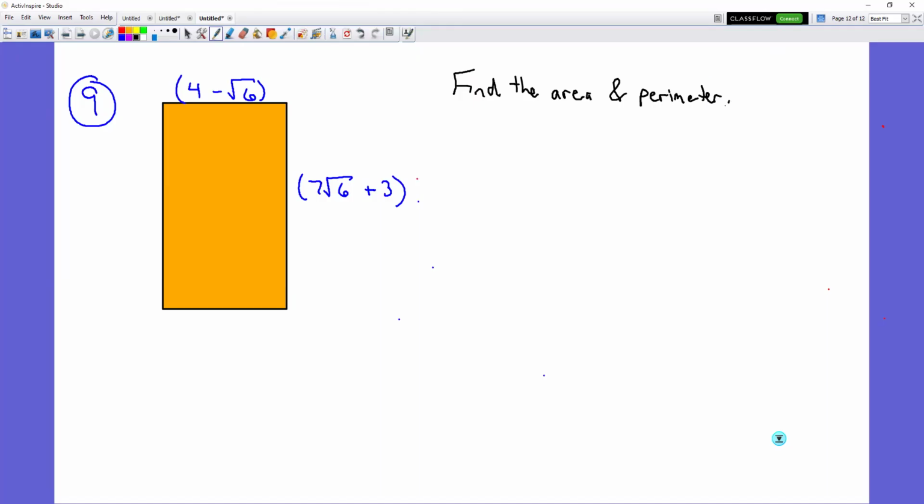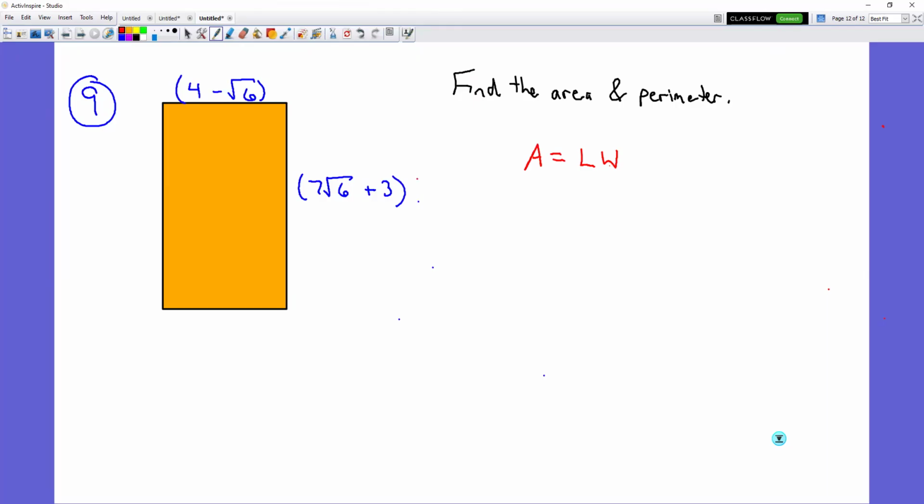Now, since we just got off of doing multiplying, let's go ahead and do the area first. So recall that the area of a rectangle is going to be length times width. Area is length times width. So basically we'll replace the length and the width with